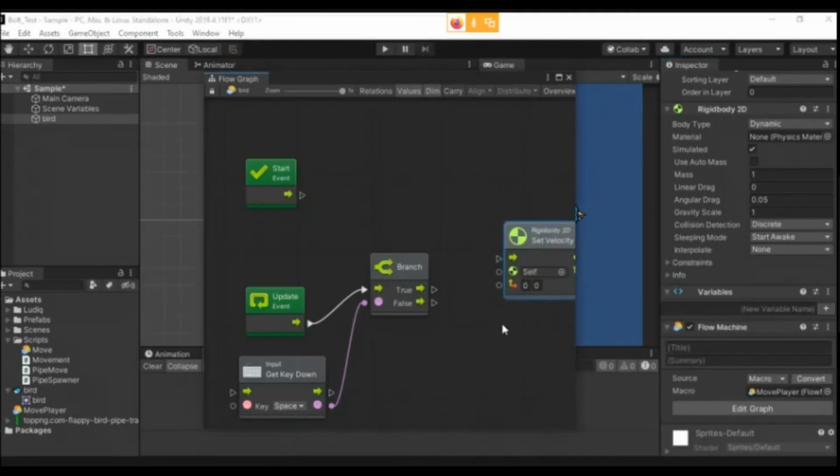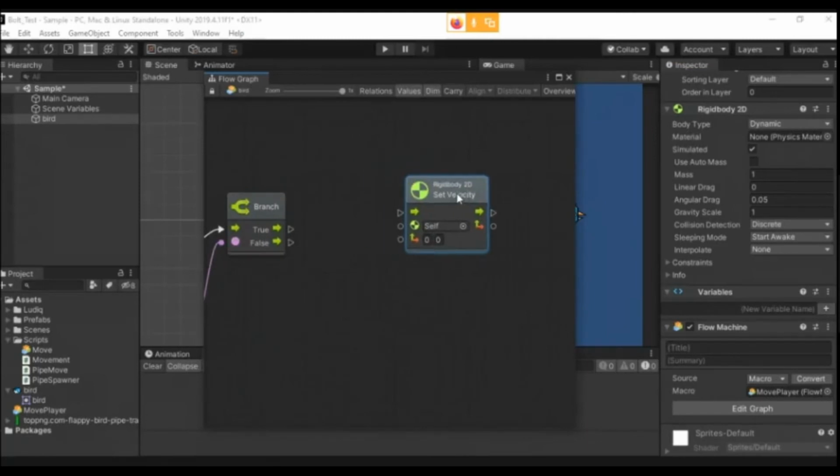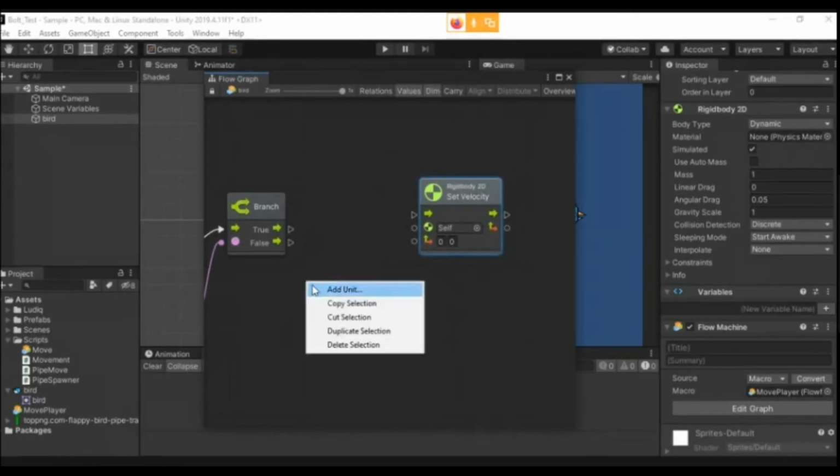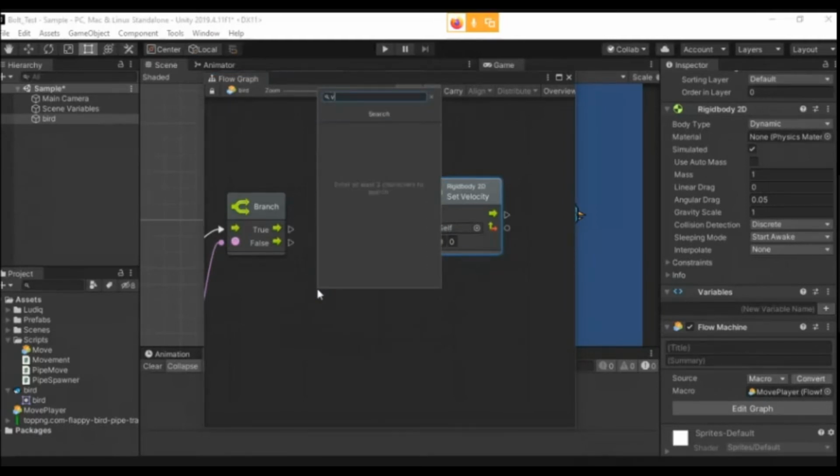Now we got the set velocity right now over here. We need a vector 2, right? So we will get the vector 2 dot up, multiply it with the